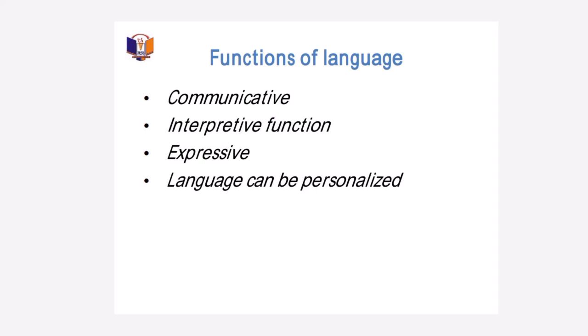So, from this, we can say that some of the functions of language are for what? Communicative purposes. We use it to pass information from one person to another. We equally use it to interpret. Interpretive function. When something is being showcased, we can use language to explain what is happening. We can use it to express the ideas we have within us, to express our feelings, to express what we know about a particular thing.